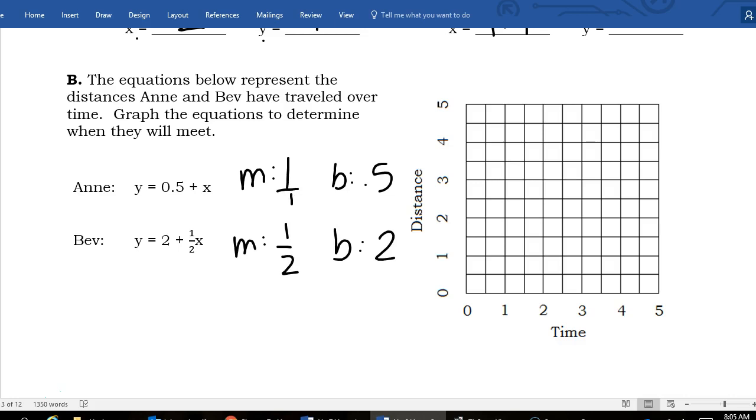So to do Ann, we're going to start at 0.5. And then we're going to rise 1 and run 1. And we're going to follow that pattern and graph right there. For Bev, we're going to start at +2. And we're going to rise 1, run 2. Rise 1, run 2. Rise 1, and that guy's off the graph. So if we connect these right here,